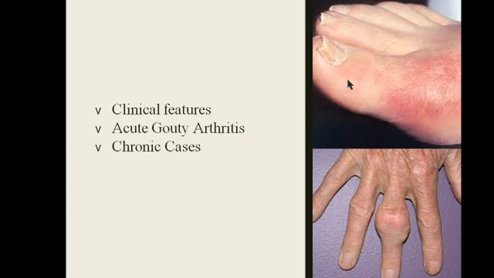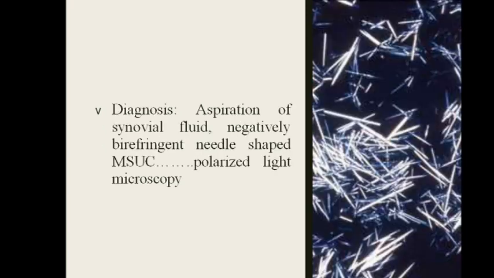In fact, if it is not treated at the right point of time, then what can happen? The chronic deposition of these urate crystals can happen in several other joints. You can see the swelling of this joint. This is called tophi. These chronic cases can reach tophi. This tophus is nothing but an accumulation of monosodium urate crystals. So the urate crystals get accumulated, leading to the swelling.